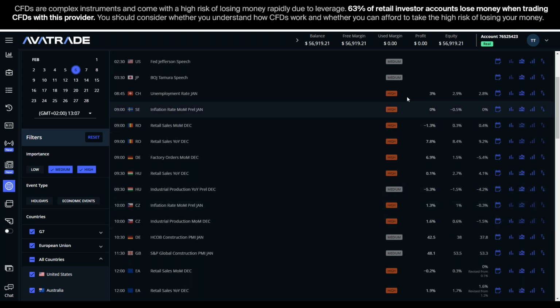Now, we'll go past these announcements that already occurred, and I'll basically just say out of the European Union, this is Germany, much better than expected factory orders month over month. Huge increase, expected to go from negative 5.4 to positive 1.5, and it catapulted up to positive 6.9. So the DAX, for example, has been on a strong bull run, and it looks like that could continue, and it's had some momentum today.